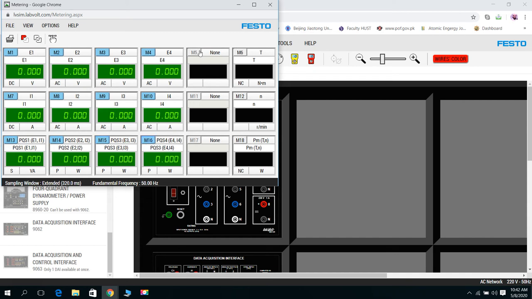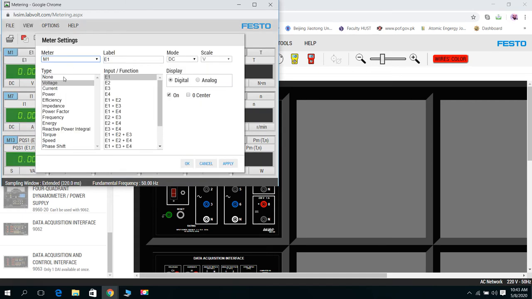Okay, so these are the auxiliary meters, whatever meter I want to make them. If you want to make a meter of your own choice, then you have to go over here, options, sorry, in view, and then meter settings. After meter settings, you have to select your desired meter.